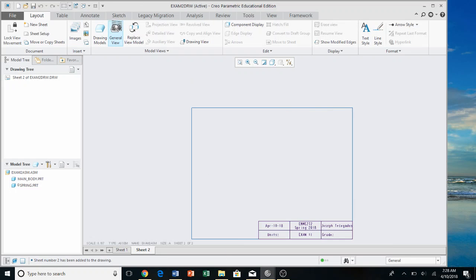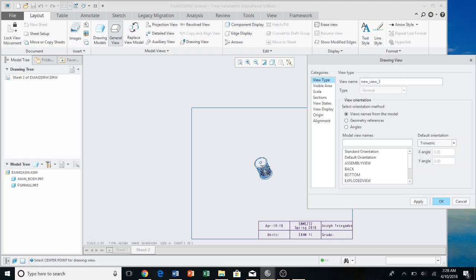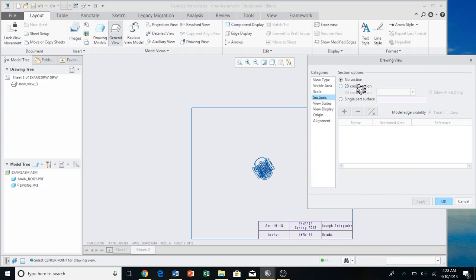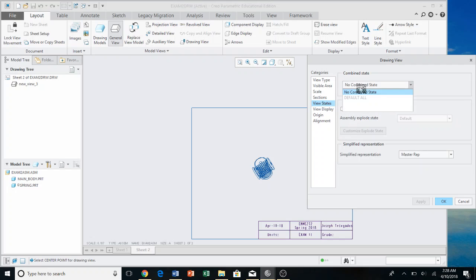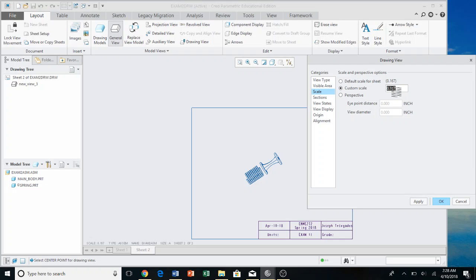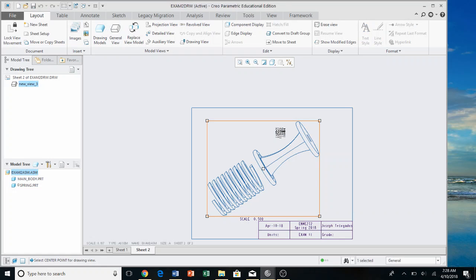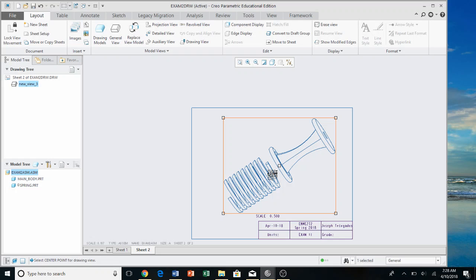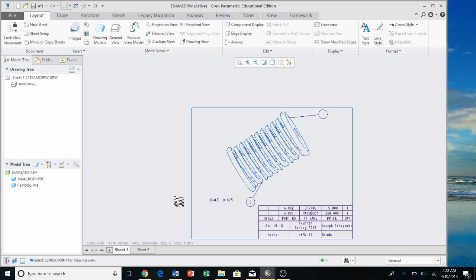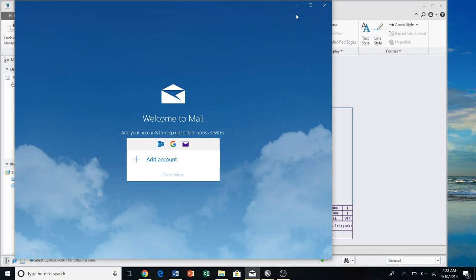Sheet 2, general view, okay. Exploded view, apply, sections, view states. Exploded components, view default, apply, okay. And then scale is 0.5. Okay. Alright, so this one looks good. This sheet looks good. Move everywhere, and then